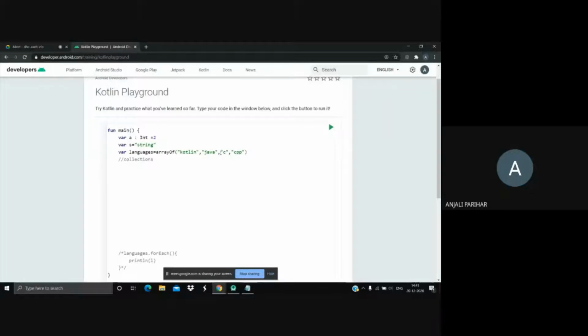What could be the properties of employee? Employee would have a name and an age. Name would be of type string and age would be of type int, so I cannot use an array to store that data. Either I can use different variables, name separately and age separately, or I can deal with a list. For list we have two types, mutable list and immutable list. So let's create a list of say 1, 2, 3.